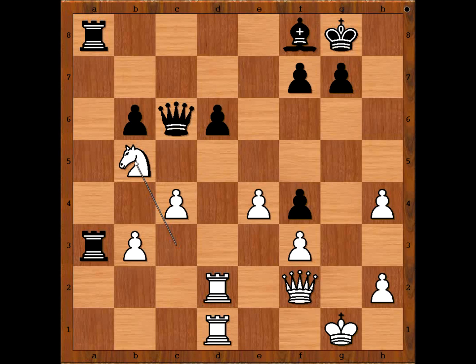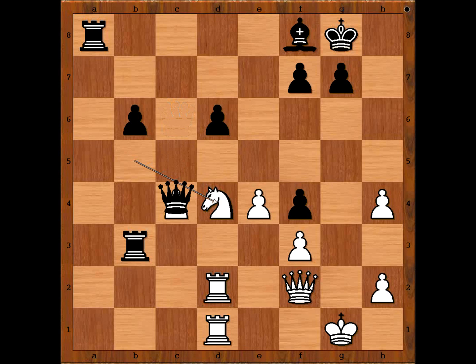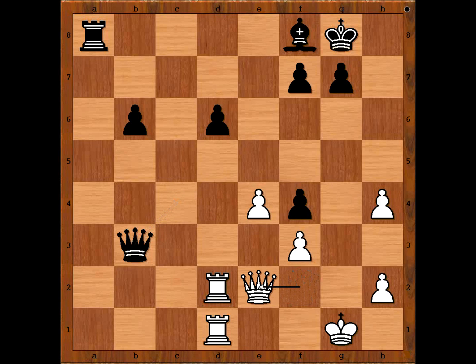Karjakin played rook takes pawn on b3. White to move and to play the obvious. What is the obvious move here? Carlsen played knight to d4, forking the queen and the rook. Queen takes on c4, knight takes rook, queen takes knight, queen to e2, bishop to e7, king to g2, queen